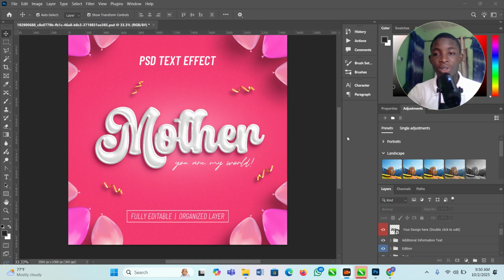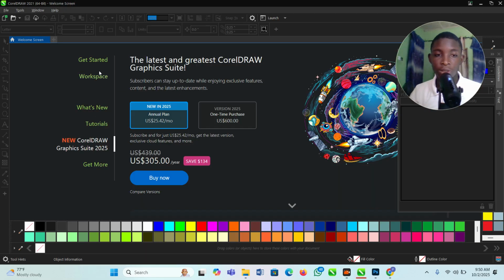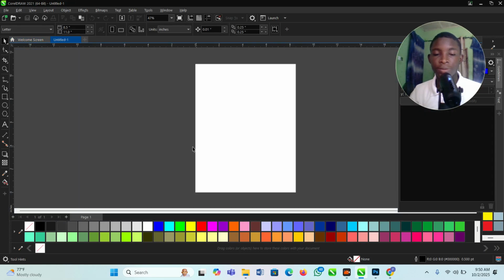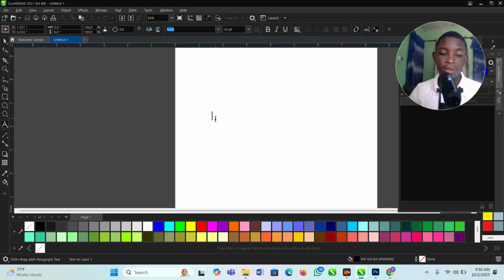Today I want to teach you how you can convert this text effect to your own given text effect. First, I'll be using Corridor to draft the text my own option to change to. So first I will go to Corridor here, open, then open Corridor. Then from here I'll write I want to change that particular name to